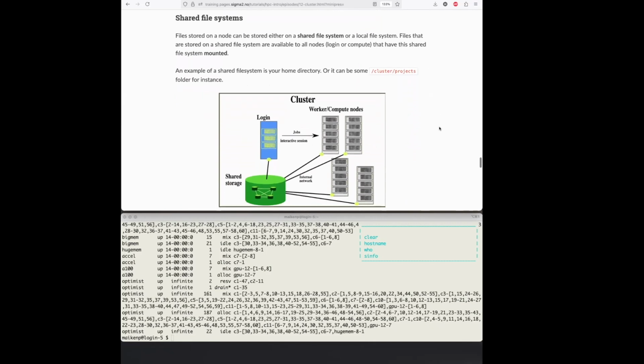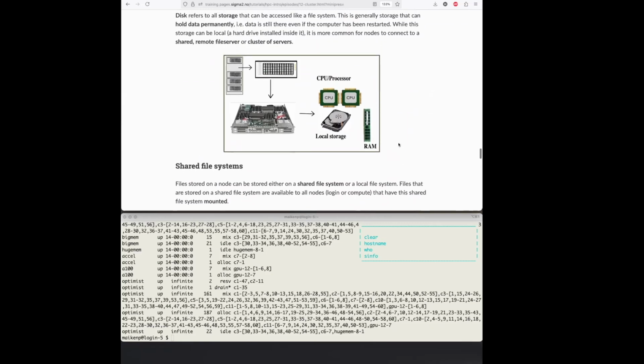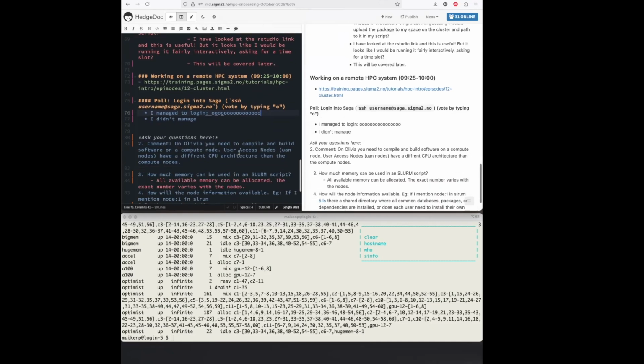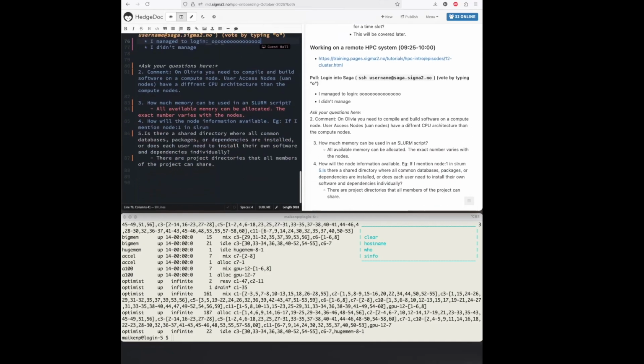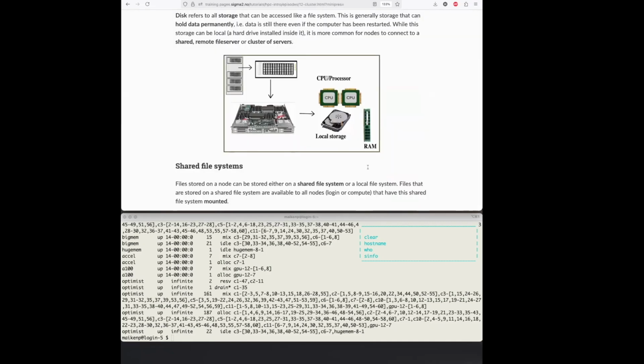Stop a little bit. We have a question that we should repeat the things regarding RAM on the node. Okay, let's see. It's in the Zoom chat. Well, I don't know what you're referring to, but